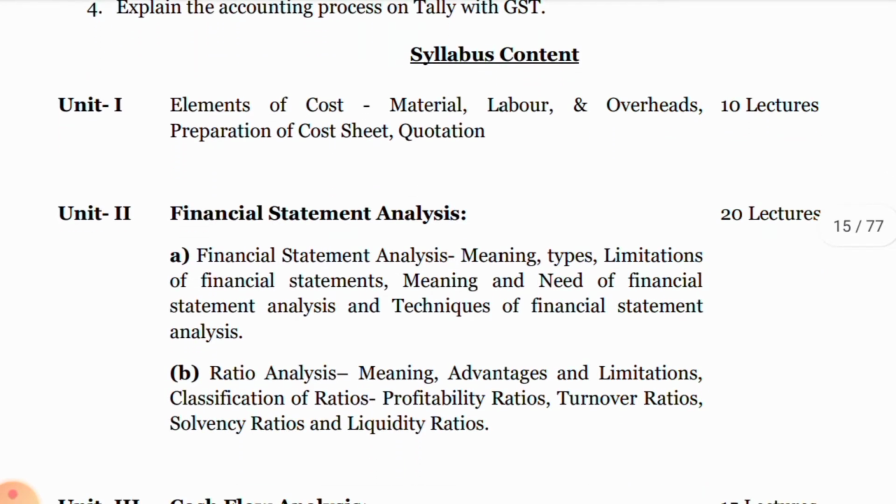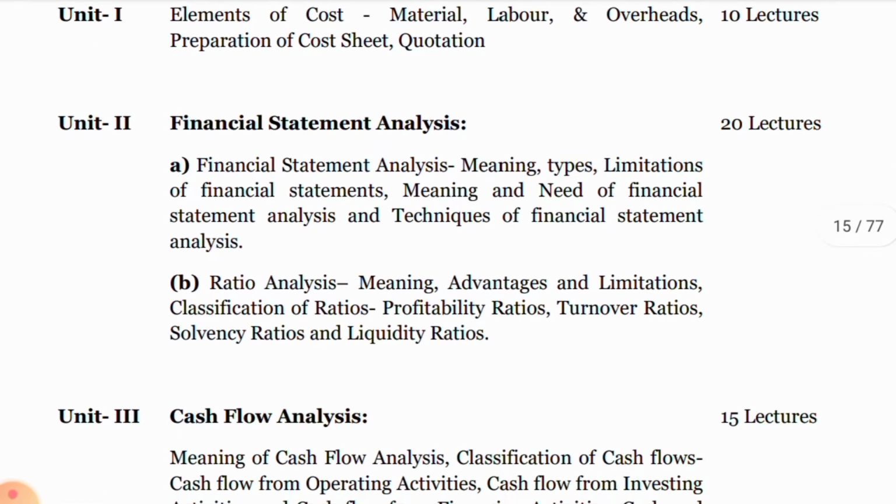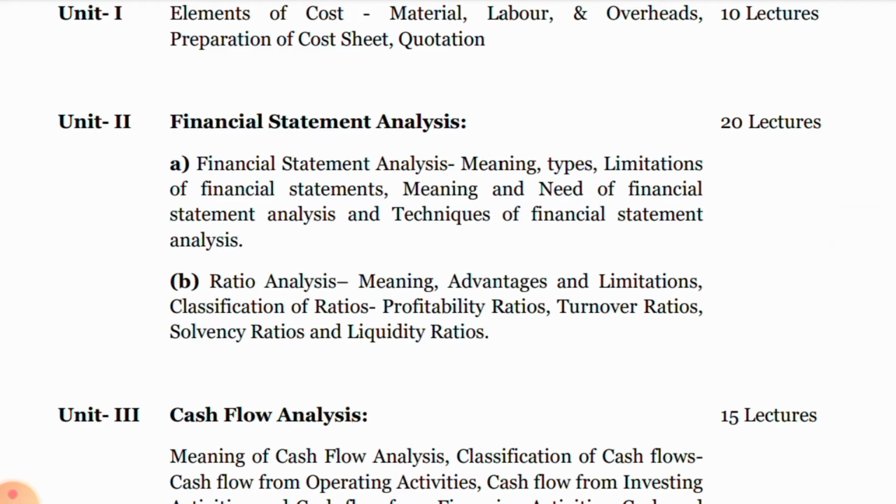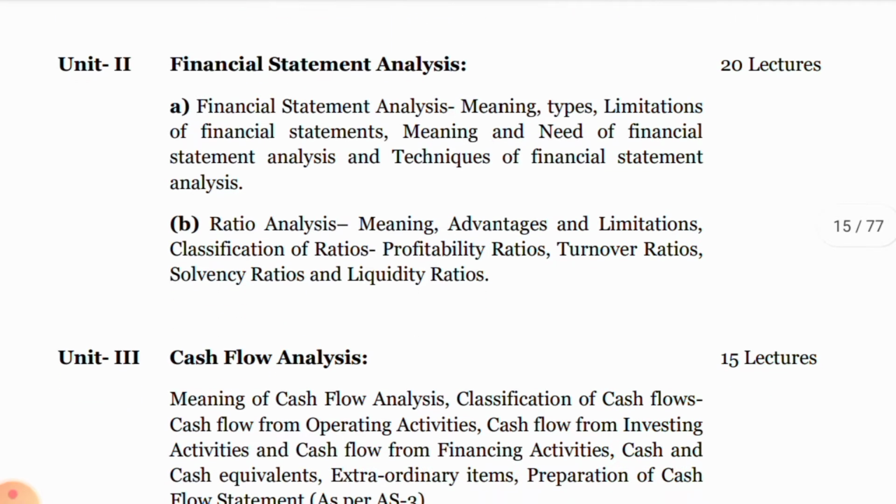Unit 2: Financial Statement Analysis. First chapter: Financial statement analysis, meaning, types, limitations of financial statements, meaning and needs of financial statement analysis, and techniques of financial statement analysis. Chapter B: Ratio analysis, meaning, advantages and limitations, classification of ratios, profitability ratio, turnover ratio, solvency